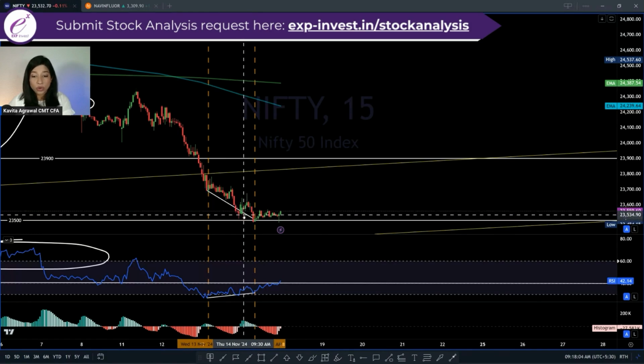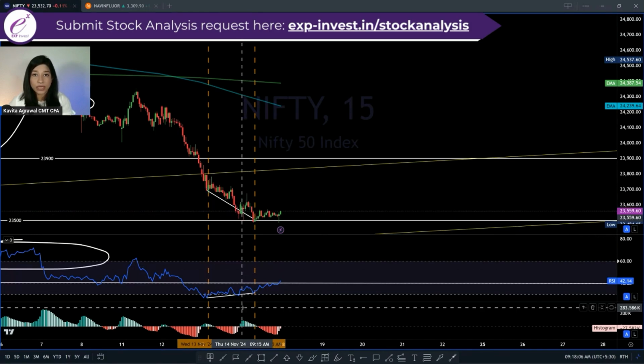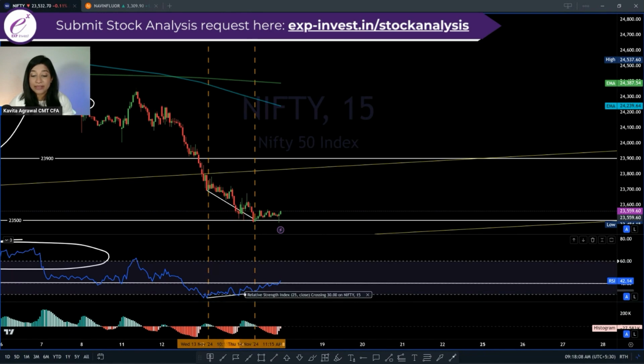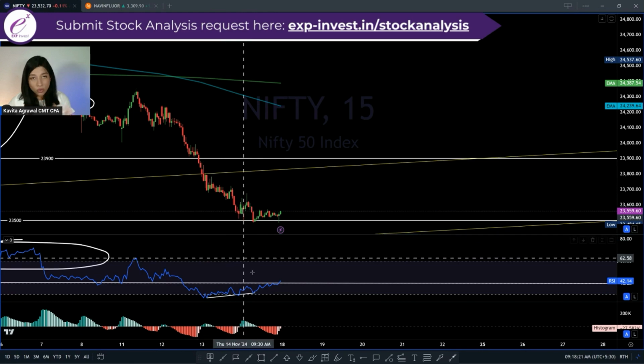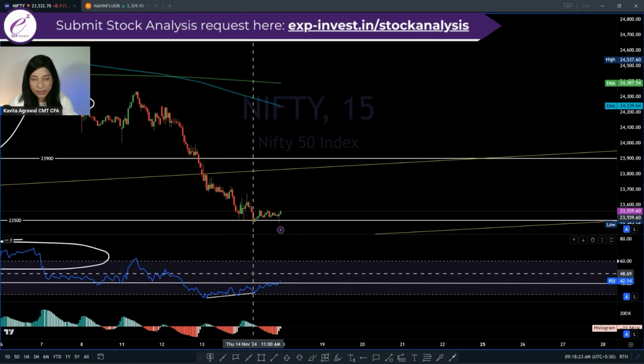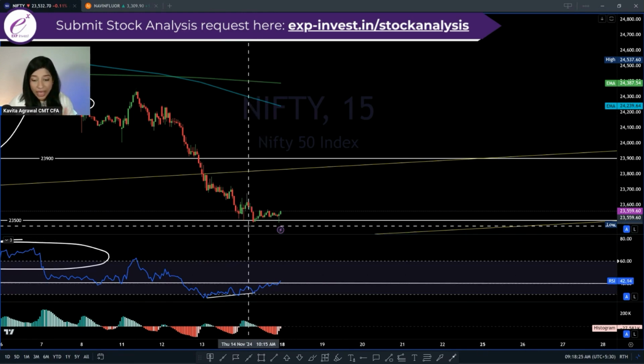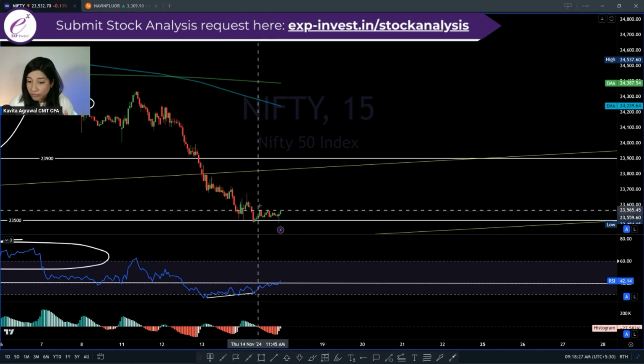So this is a lower low on the price and a higher low on the RSI, which basically means that you have an RSI positive divergence. RSI making a higher low versus price making a lower low is what a positive divergence is all about. I like my positive divergence marked only on the RSI because I don't want to mess up my price chart. So we have a positive divergence here,